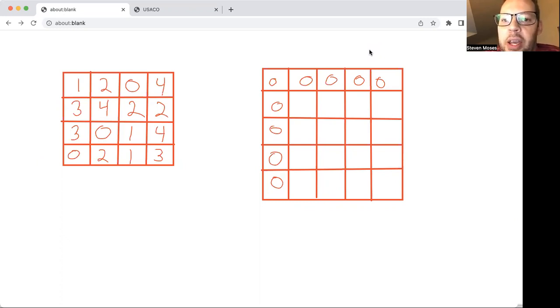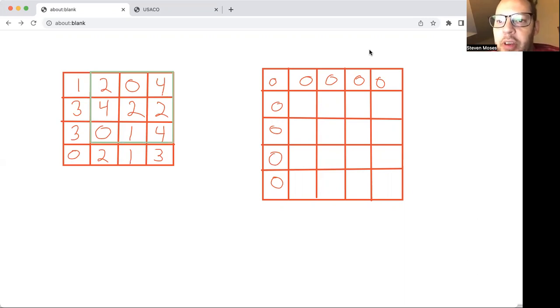So in a problem, say you have a grid, like the one I have on the left here, and you need to analyze something about the grid that requires you to be able to get the sum of a certain subset of the grid in a short period of time. Ordinarily, if I needed to add up all these numbers, I'd have to do 4 plus 2 plus 0 plus 1 plus 2 plus 1. And if we're going to be repeatedly querying this grid, rather than having to re-add those numbers every single time,